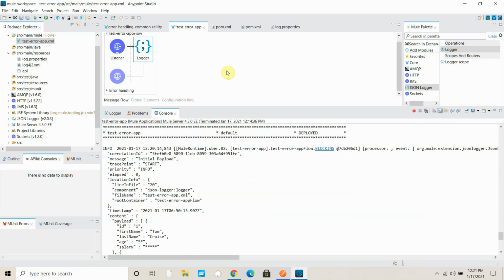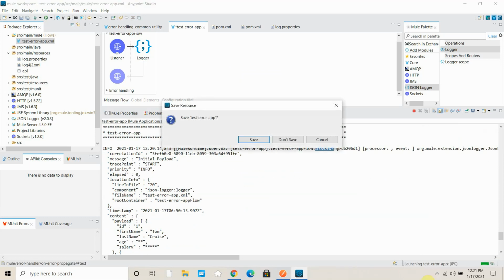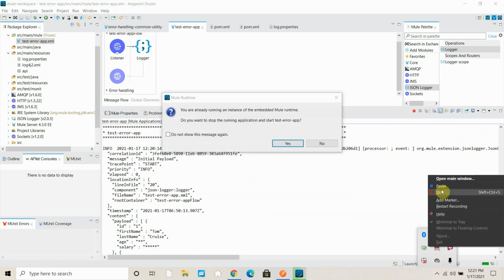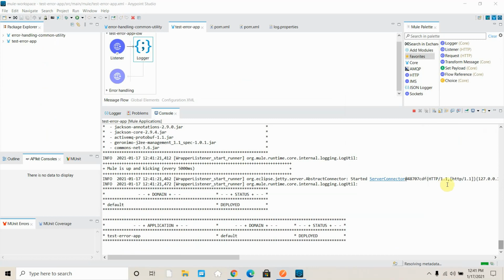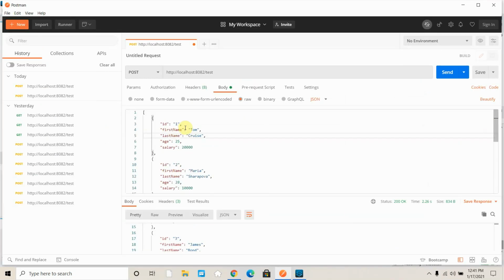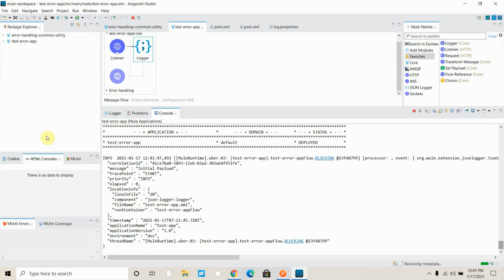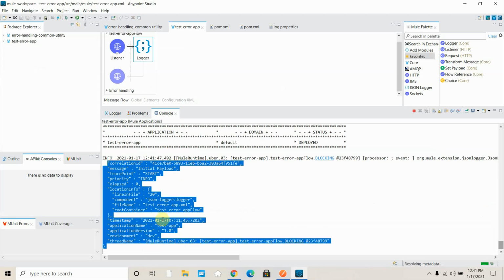Let me deploy the application. Till the application is getting deployed, I will pause my video because it takes some time on my laptop. Hello guys, welcome back. Let me test the message, and this time it should not log the payload because we have disabled field content. Let me send it. You can see this time no content has been logged, because we asked JSON logger not to log the content, since we have written disabled fields equals content.